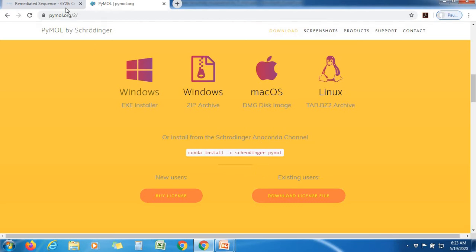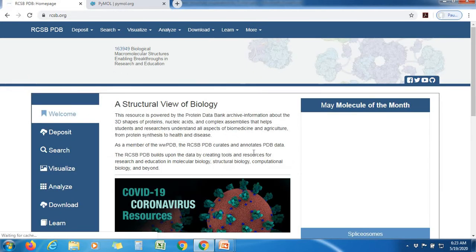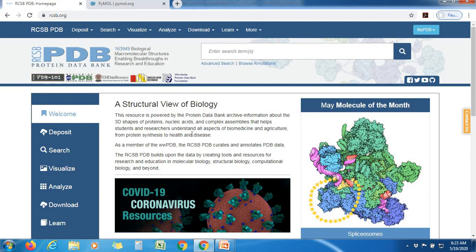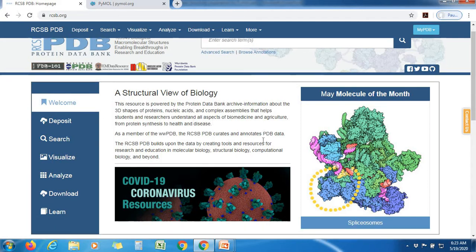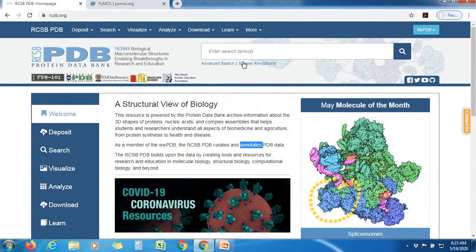The other page is RCSB. This is the Protein Data Bank. If someone submits any protein, it comes into this Protein Data Bank, and one can see the structure of the protein using it. Nowadays a lot of people are working on coronavirus, so a lot of structures related to coronavirus are coming to the Protein Data Bank, and people are targeting different proteins in the coronavirus which can control the spread of the disease.